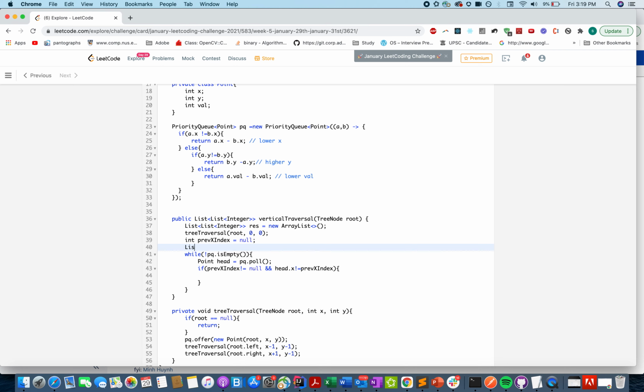So let me define an integer array list which is a sub array. In this case, if the previous one is not null and the current pulled out element is different from the previous one, we will add sub array to the result.